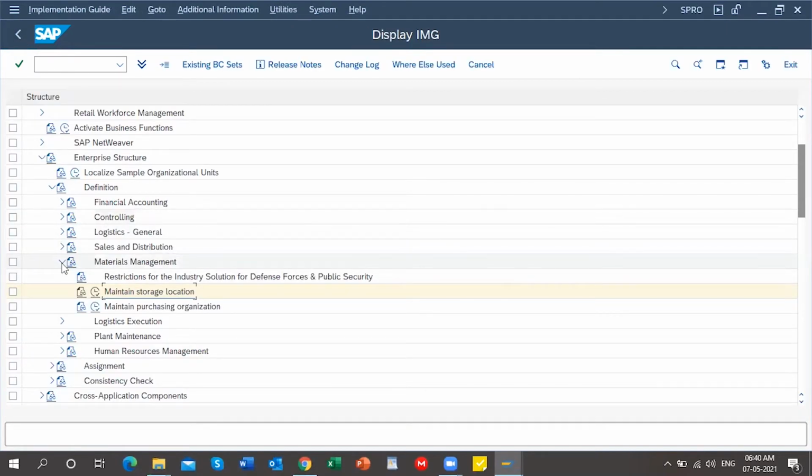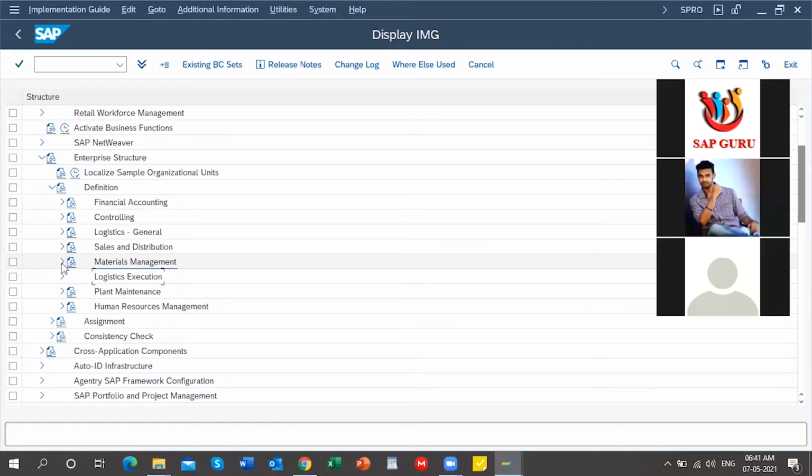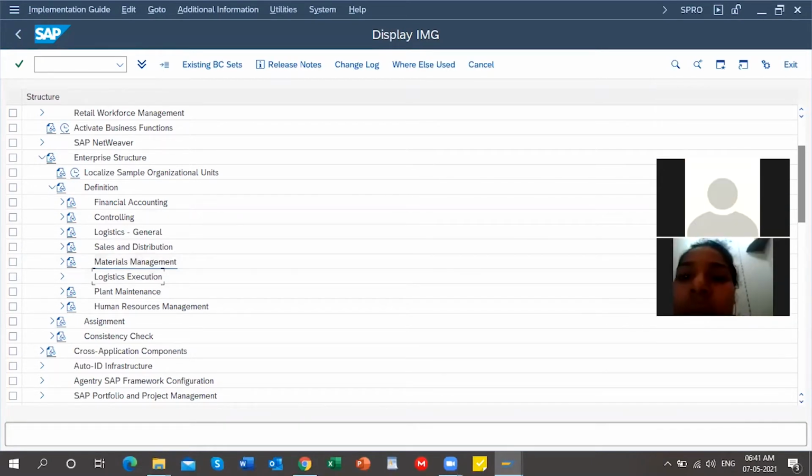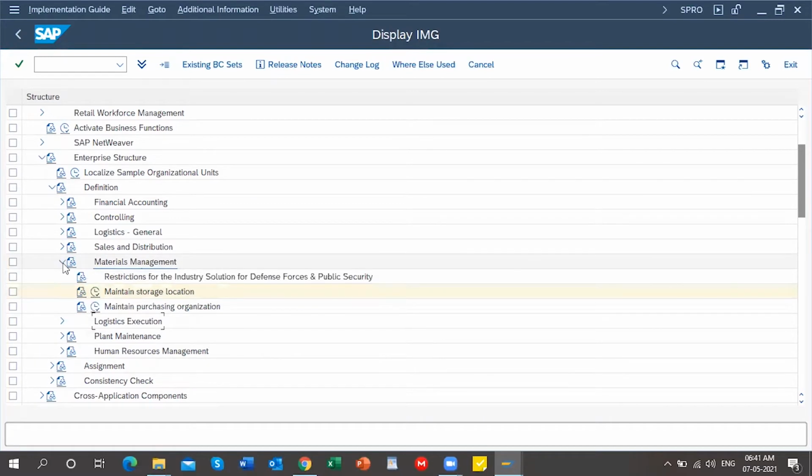Yesterday I didn't explain about the standard purchasing organization and reference purchasing organization. Just minimize this. Go to the Definition part, Materials Management.